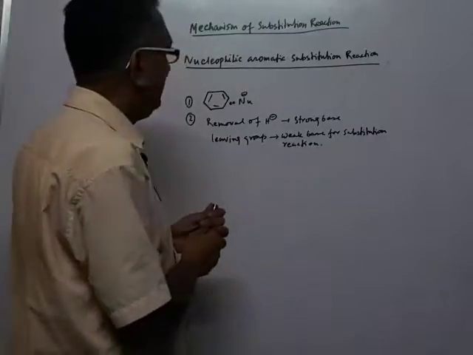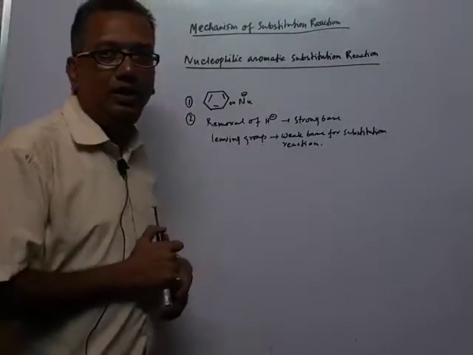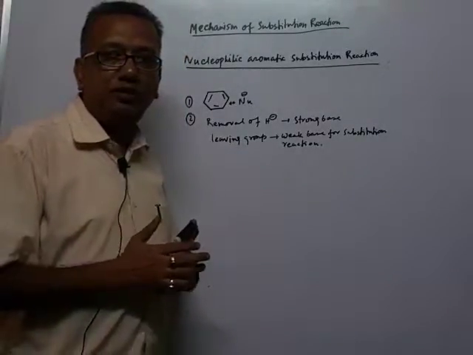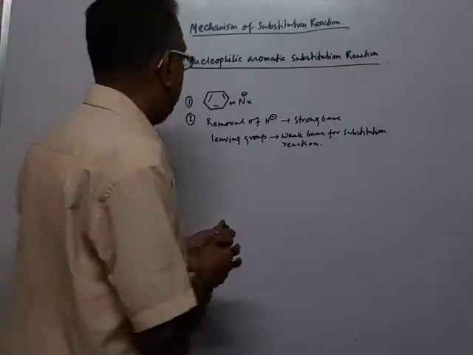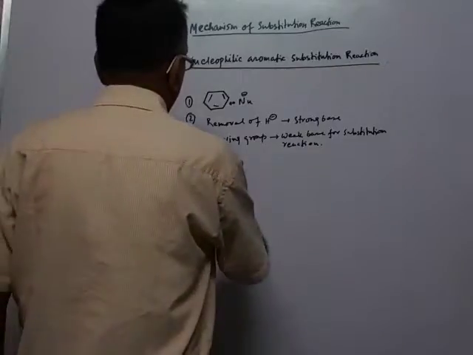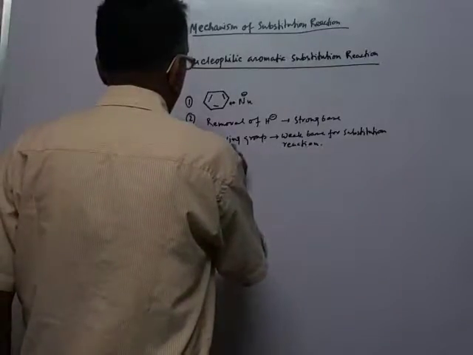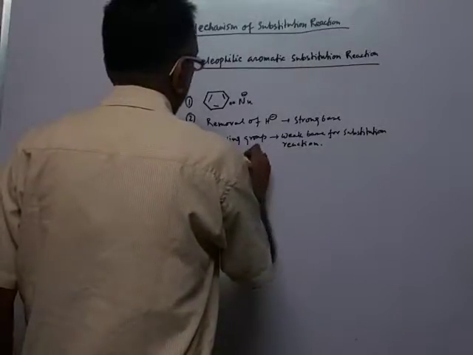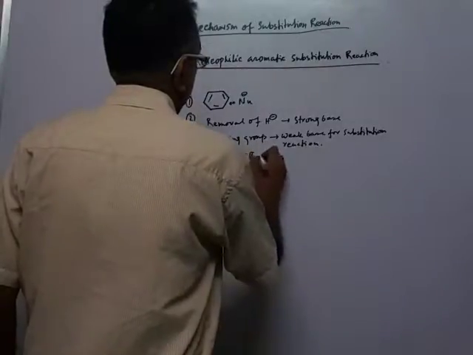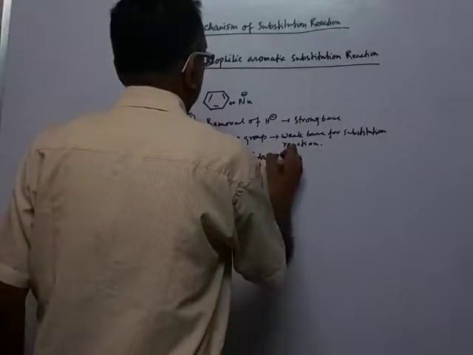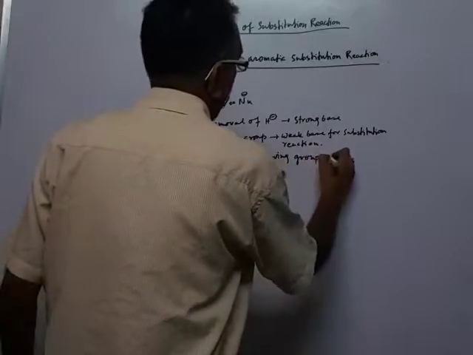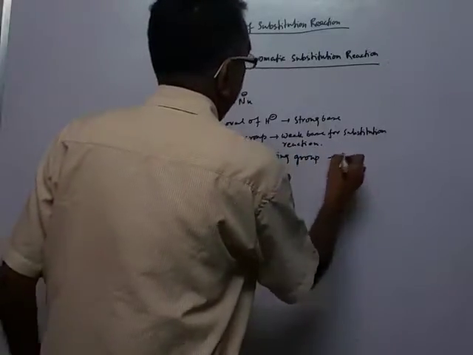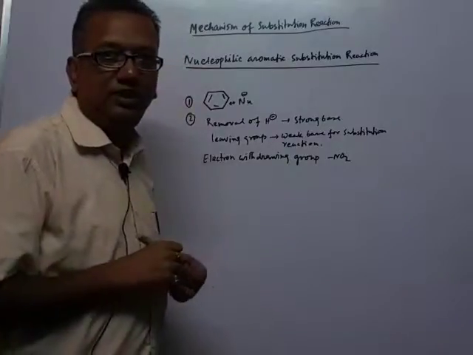So aromatic halides are not usually replaced by the nucleophile. But if an electron withdrawing group such as NO2 is present in the ring,